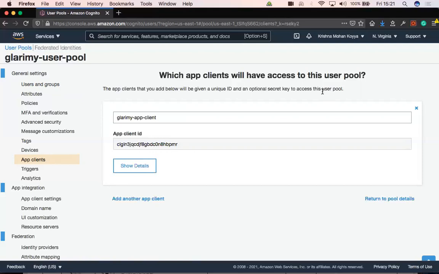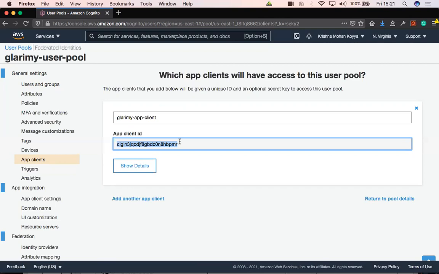Whoever has this app client ID only can contact Cognito, even for registration. Means if some XYZ person in the USA wants to create a sign-in layer for our ERP application, they cannot, because they need to know this app client ID, without which they cannot create an application like this. Similarly, they need to have the user pool ID. There are a few IDs like this.